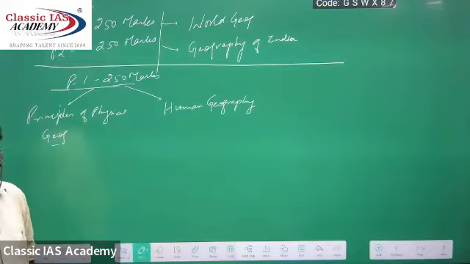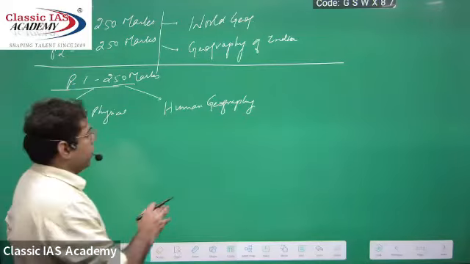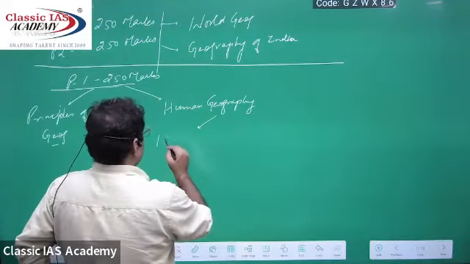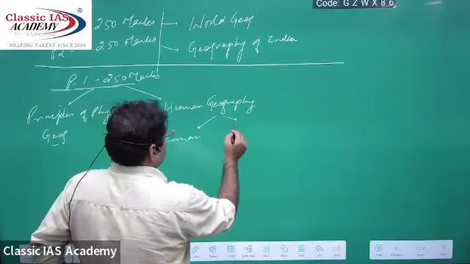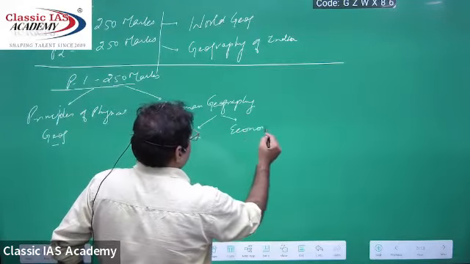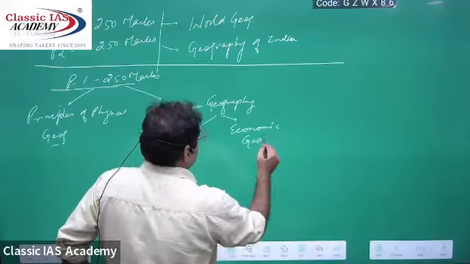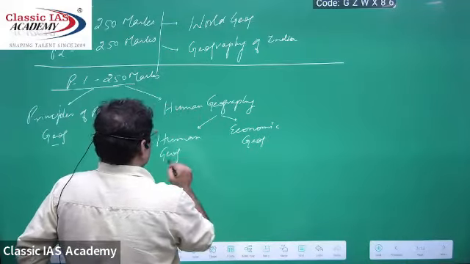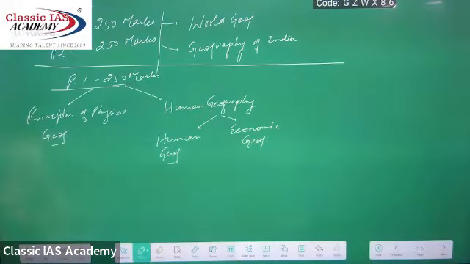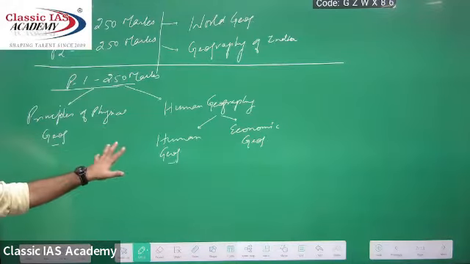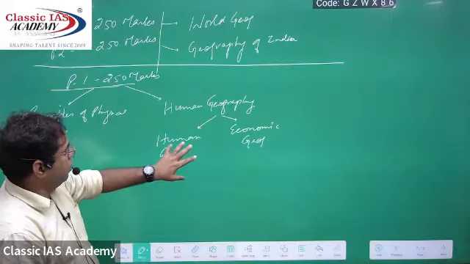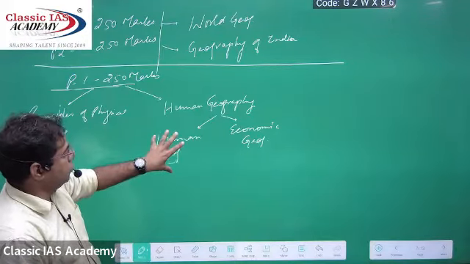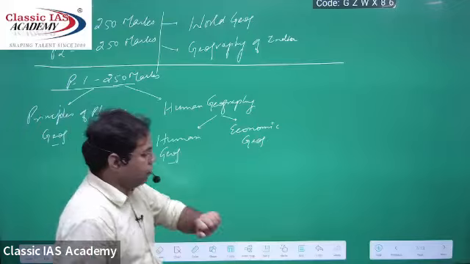Right? So part 2, according to the UPSC syllabus, is the human geography. But I again split this part into human geography and economic geography. So this is two parts according to the syllabus, but I am further making separate sections, human geography and economic geography. Right. First is